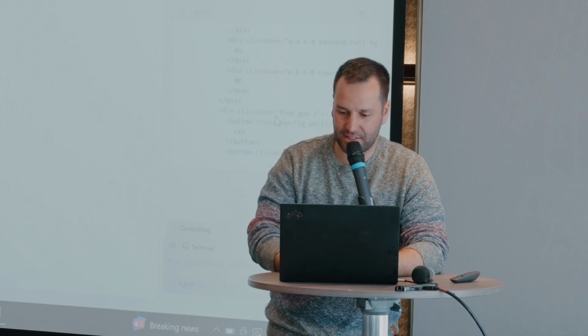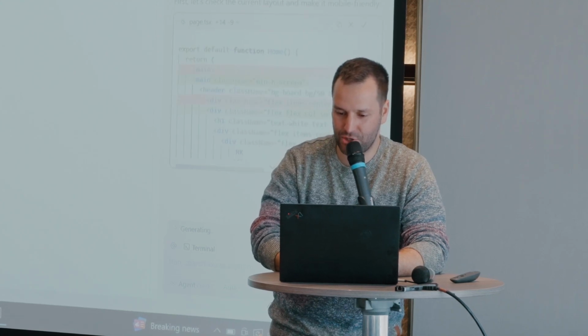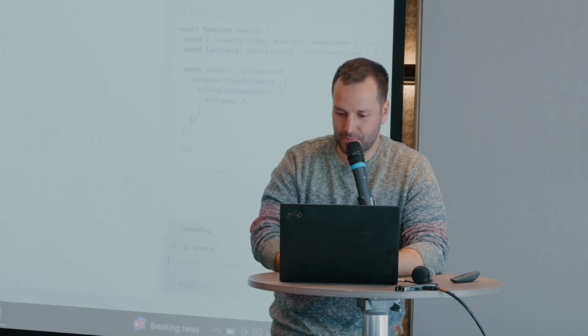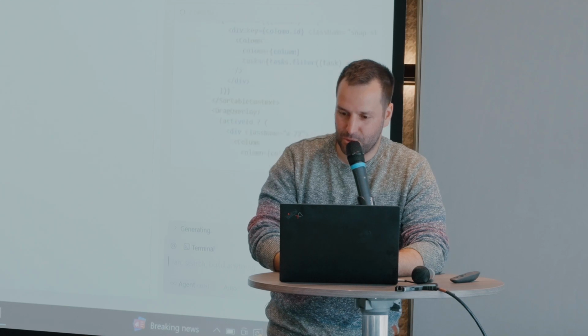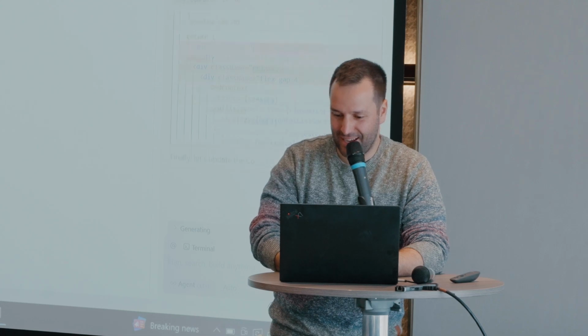So again, it started rewriting its code. Now it's rewriting the structure of the main page. Also, it should put in some styling. You see how hard it is to convert a website that works on a desktop to a mobile one. It's lots of work. Okay, let's accept everything.